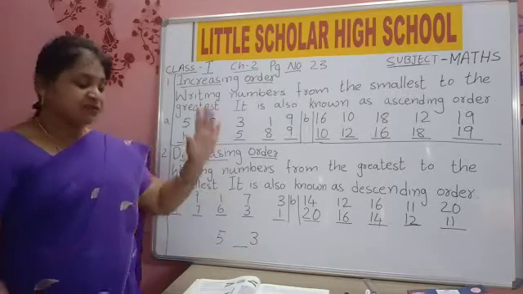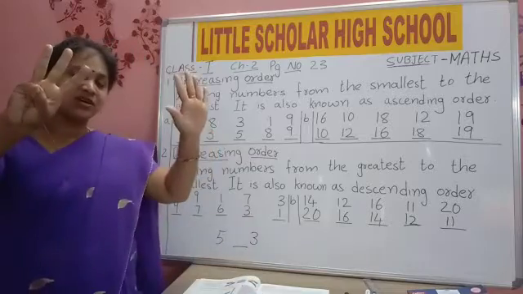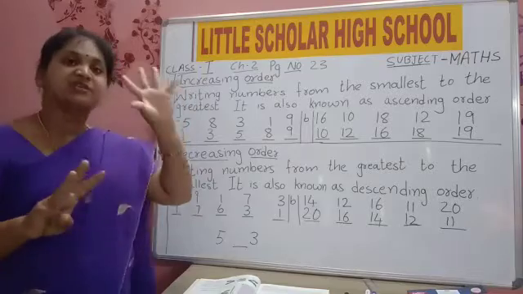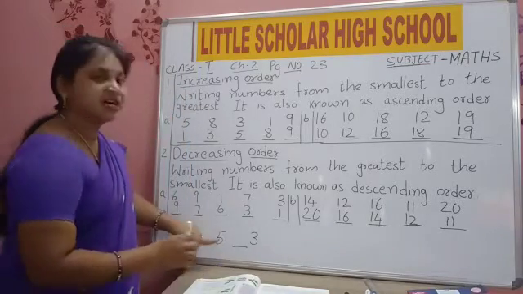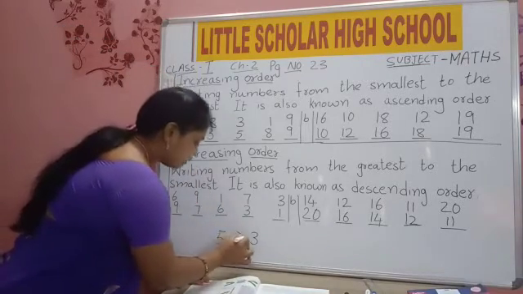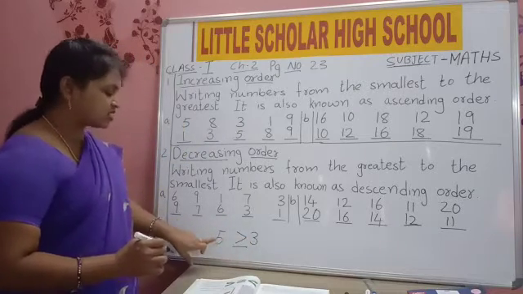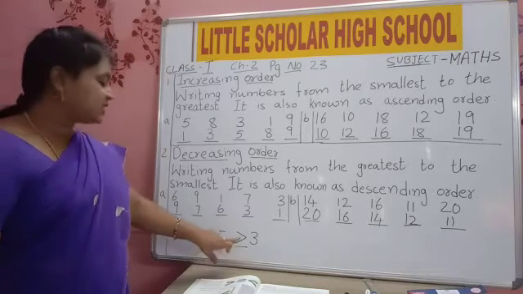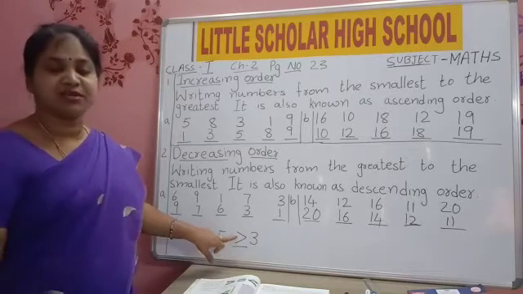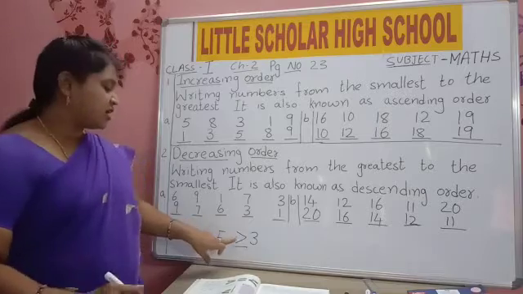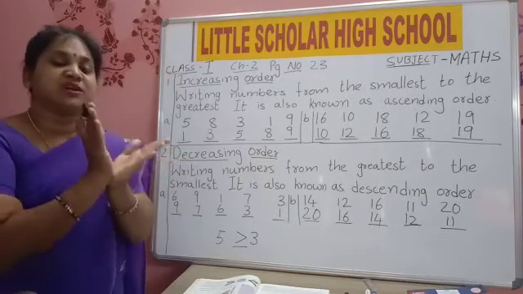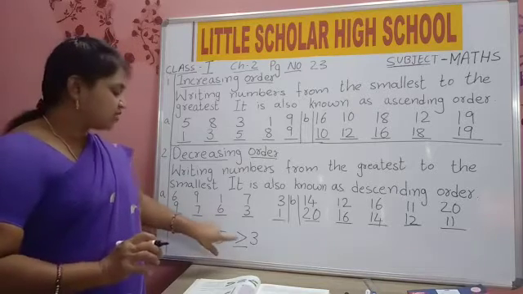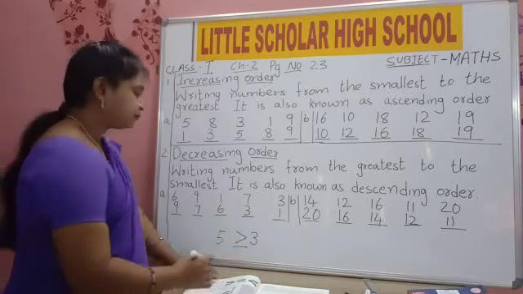You all know 5 chocolates are more or 3 chocolates are more, children? Yes, 5 chocolates are more. So 5 is the big number. So where big number is there, mouth will be open like this towards the big number. This is known as greater than sign. What is this known as? Greater than sign. Mouth will be always open towards the big number. Here mouth is open towards the big number 5. So this is known as greater than sign.